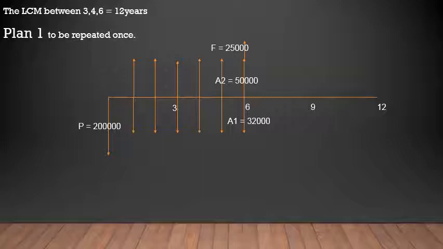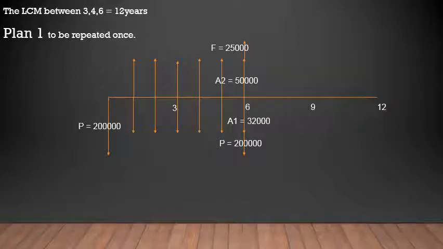Now what I need to do, I need to repeat this for the second cycle because I have to go up to the 12th year because LCM is 12 years. Okay. Now what should I do? I should repeat this project as soon as the first project ends. That means the machine 1, which started at t equal to 0, goes up to t equal to 6. So as soon as the first machine stops working, the second machine starts working. When should I reinvest that? I should reinvest that exactly at the end of year 6, like this.